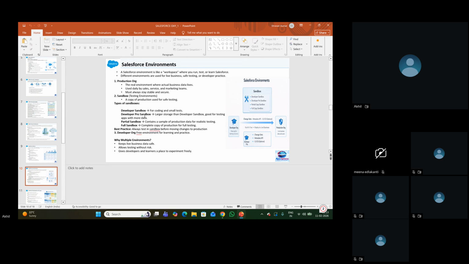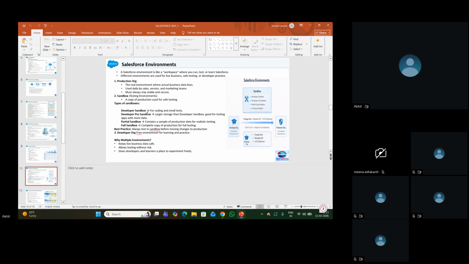So once the enhancement is done in the developer sandbox, it is migrated to the developer pro sandbox, or QA sandbox. Simple: development, then QA. QA will test that functionality.